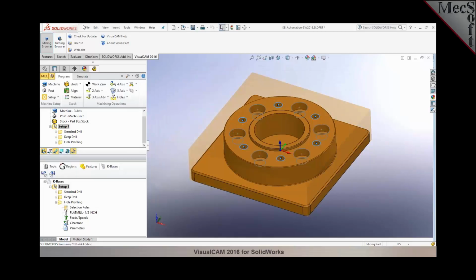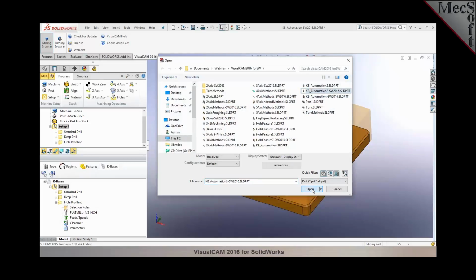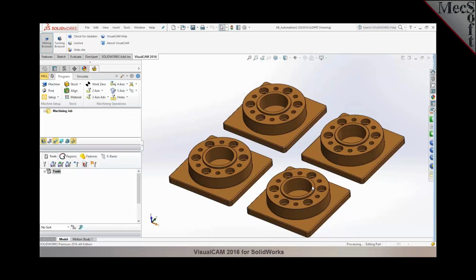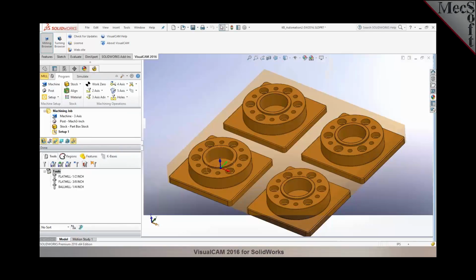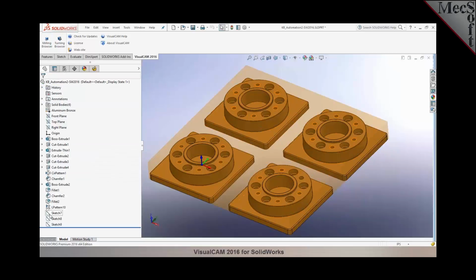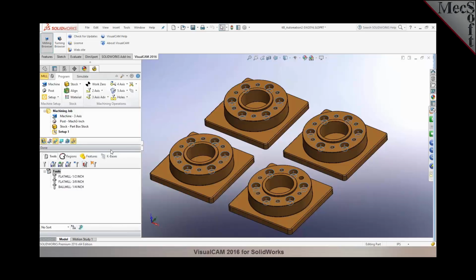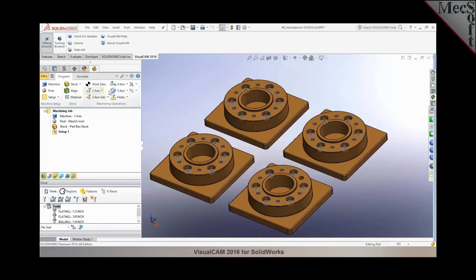The next thing I'm going to load is open up another part which has a whole bunch of these hole features in here. So I'm going to go ahead and load this part, which basically has 4 sets of the same part. Now I would like to program each of those holes. Now rather than having to program each of these holes individually, I have some sketches defined for this, which basically defines the holes for it. And I'm going to go over to the machining browser and then use this feature called load a knowledge base,